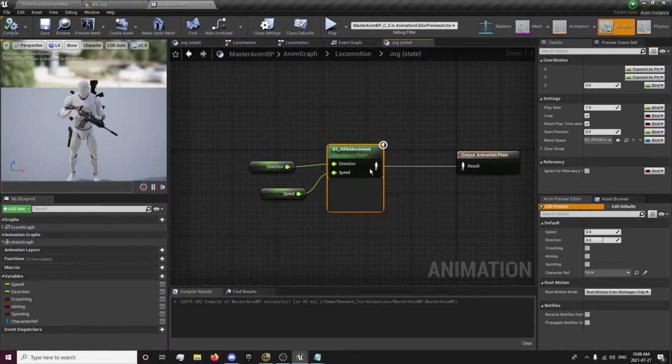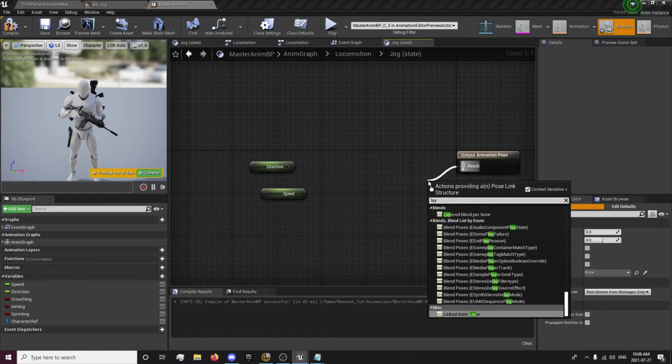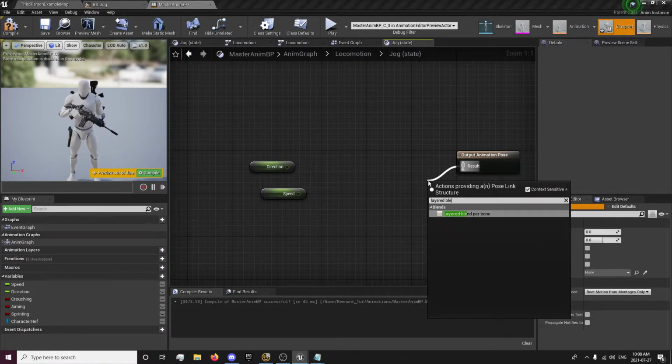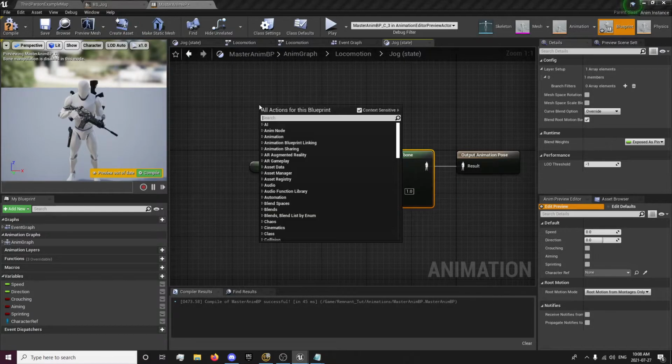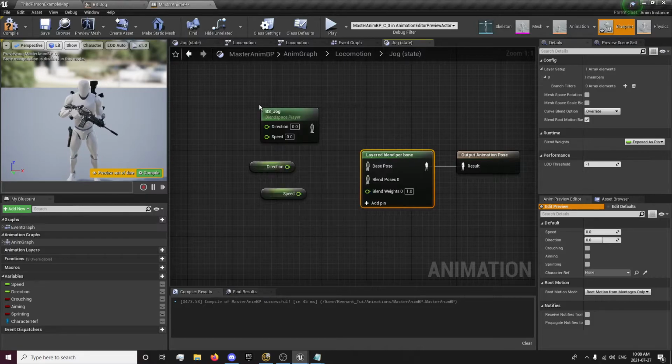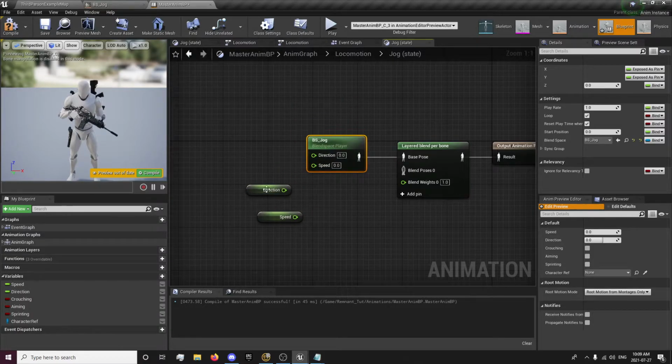We can delete this. We're going to drag out and put layered blend per bone. So we're going to blend between our jog for our lower body, which we can simply get by doing that. So we'll put that in for our base pose, and then we'll blend that